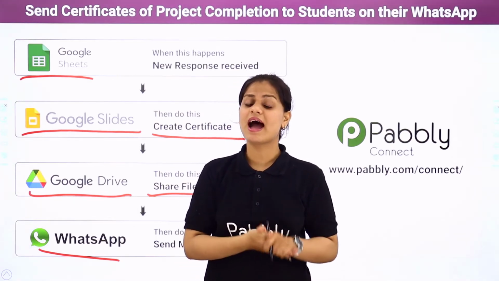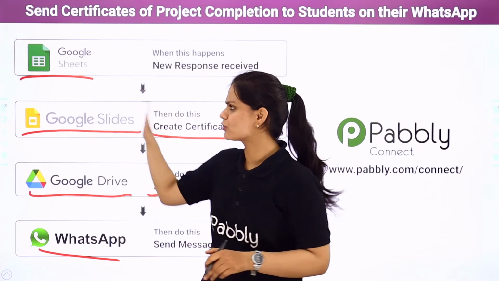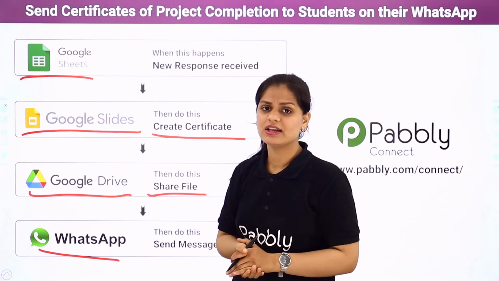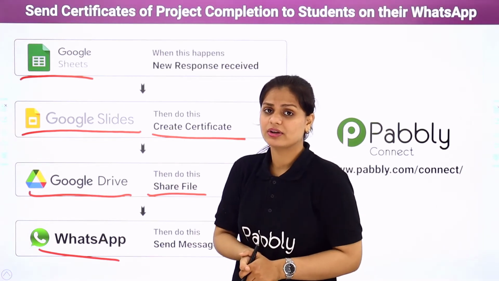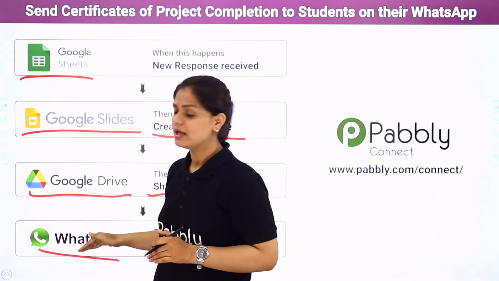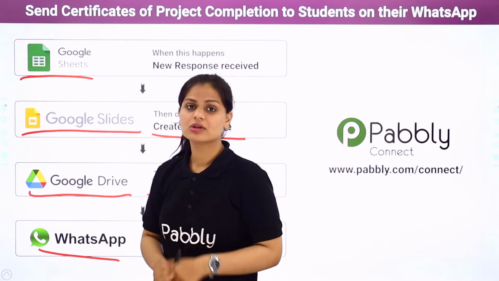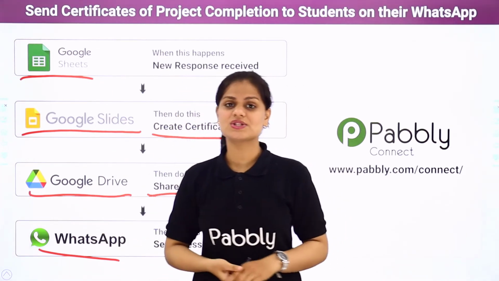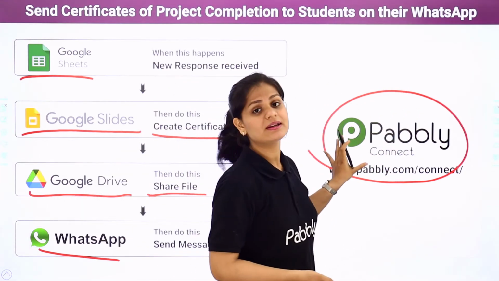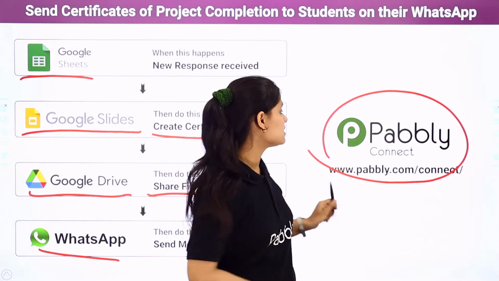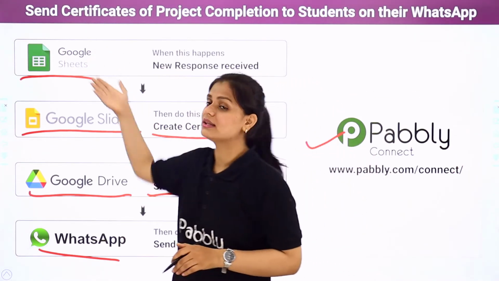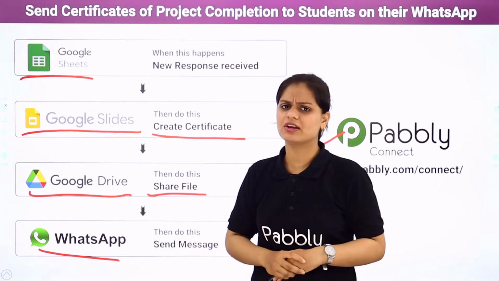So that is why I would suggest you to bring in some automation. How? All these software applications do not have any native integration or any direct contact. So how am I going to do that? I have to build the automation in between these software applications. So that is why in this video I am going to use Pabbly Connect. So Pabbly Connect is an automation and integration software. So with the help of Pabbly Connect, we are going to build the data flow between all the software applications.